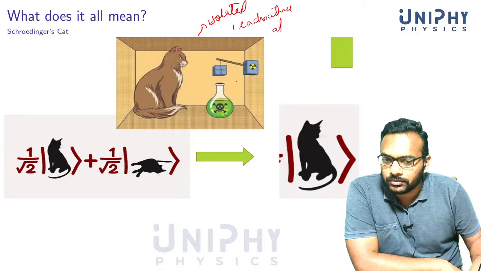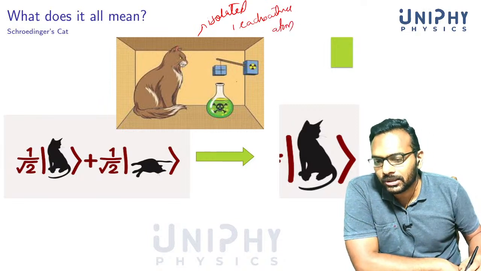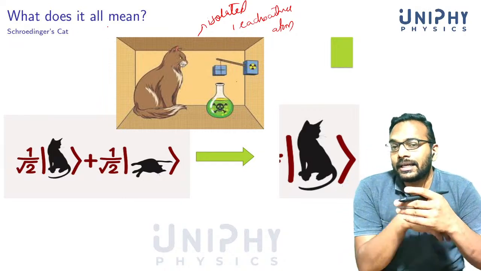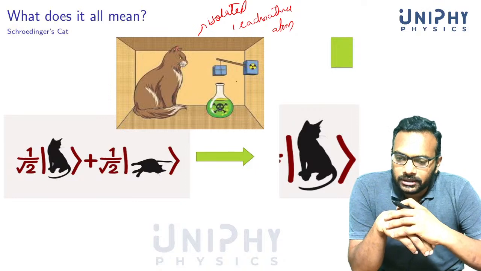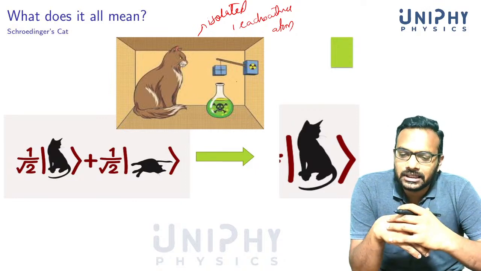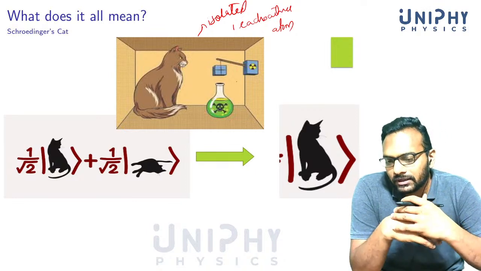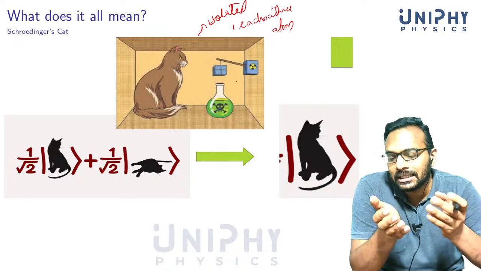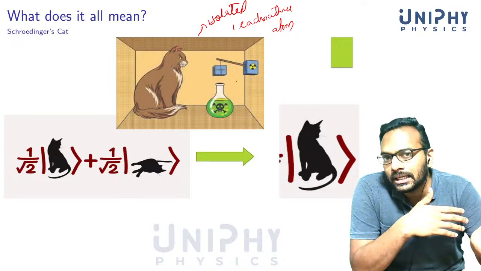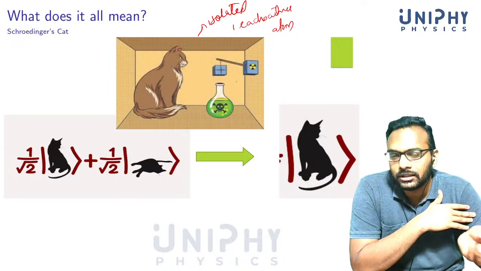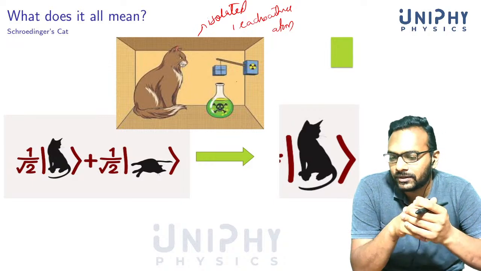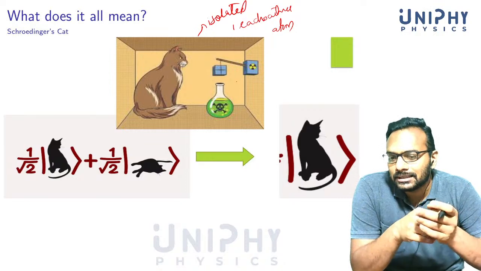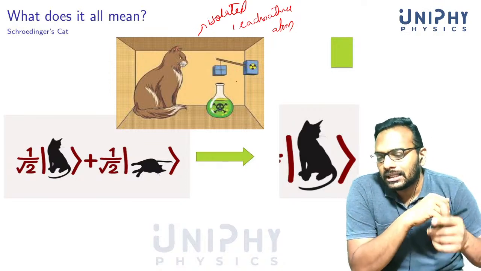There is just one single radioactive atom inside this box, and the decay of a radioactive atom is a quantum mechanical phenomenon. It's random. That's why we talk about average lifetime or half-life, etc. So if you take a single radioactive atom, it's not determined whether it will decay now or after some time or at a later time. We can only talk about average lifetime. If you take one single atom, you don't know when it will decay. Quantum mechanics says that you don't know when it actually decays.